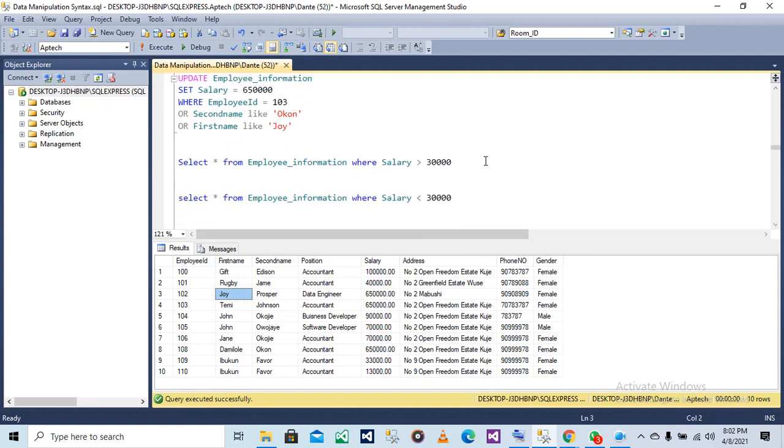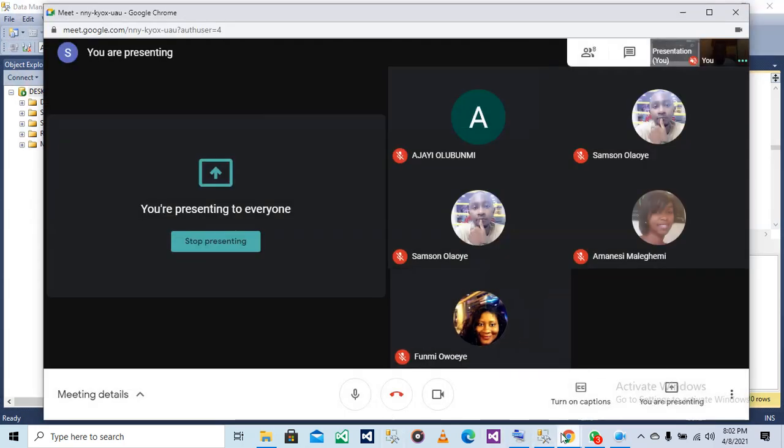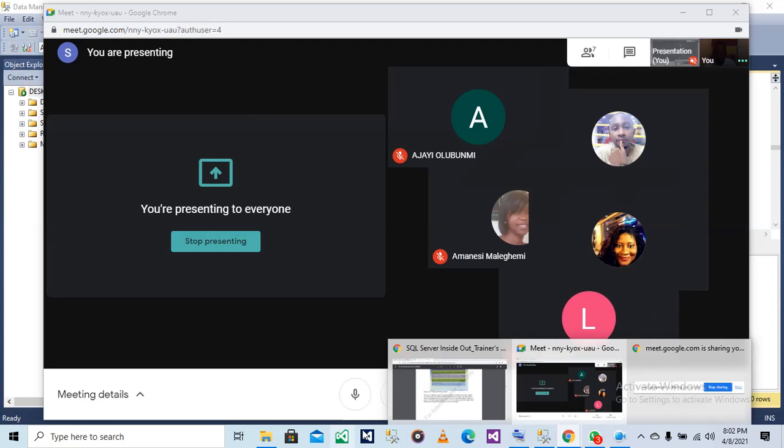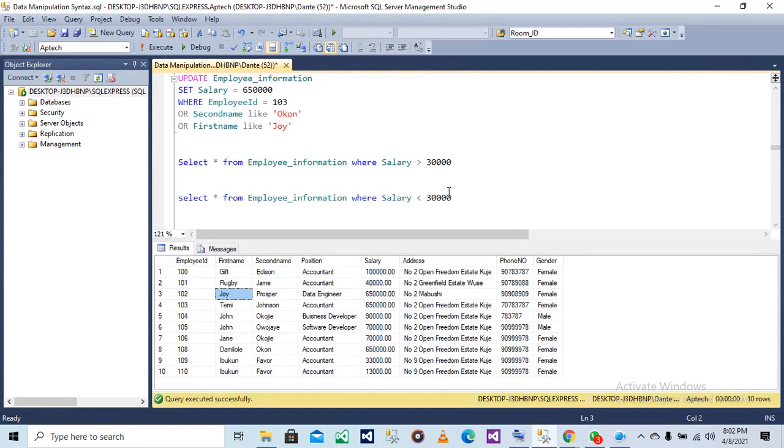So this is another operator we have, which is greater than. Select all from employee information where salary is greater than 3,000. So what is this going to do?